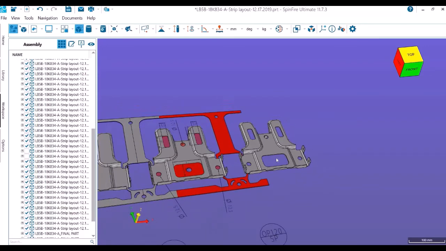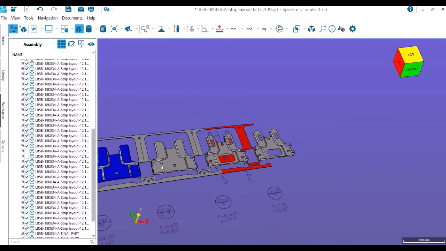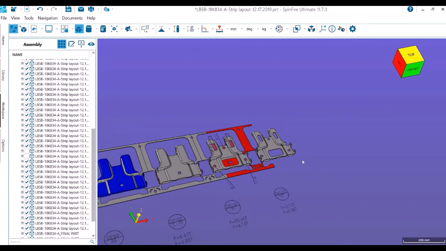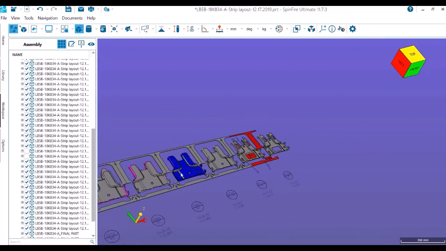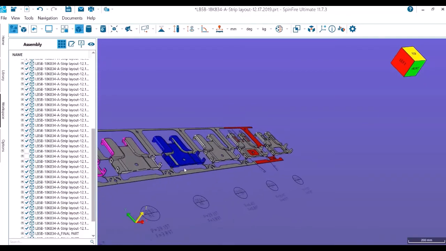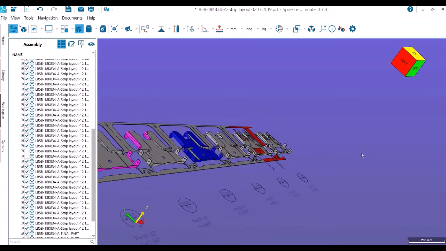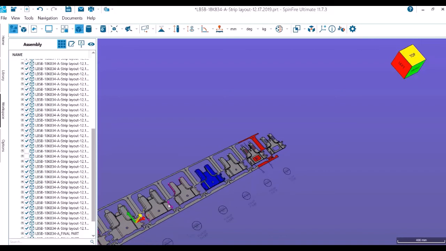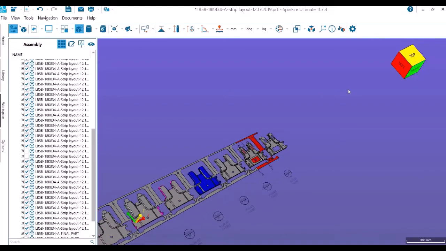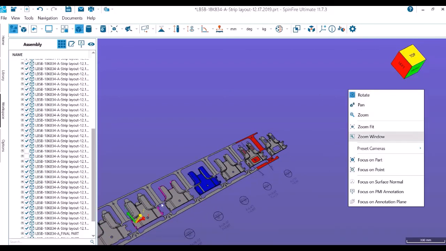Now we are doing some pierce stations, and then some cam pierce stations, and then the one which you are seeing in blue color, we are doing the re-strike, then we are doing the flange down, all happening in reverse order, right? I'm just explaining to you. And then we are doing the flange up operation here. And in this station before the flange up, we have one idle station.